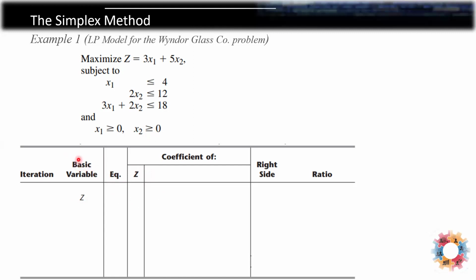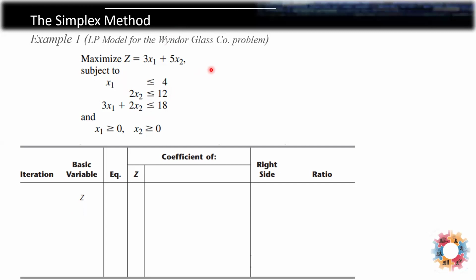Okay, so the labels are: first you have here the basic variable, then the non-basic variables are placed. The non-basic variables are actually the decision variables you have in your objective function and functional constraints. So that's x1, x2. What about the basic variables? That refers to the slack variables or surplus variables. Here we have a maximization problem. So we'll introduce slack variables to convert the inequality into equality, right?